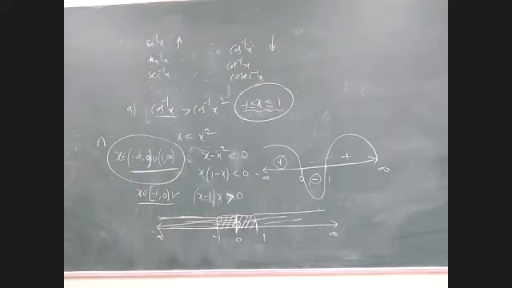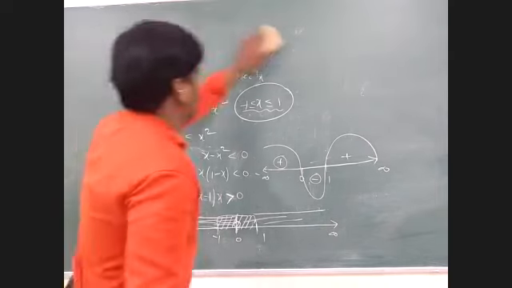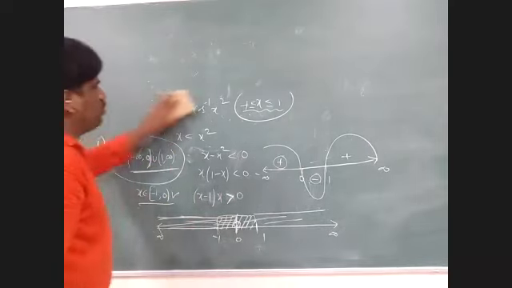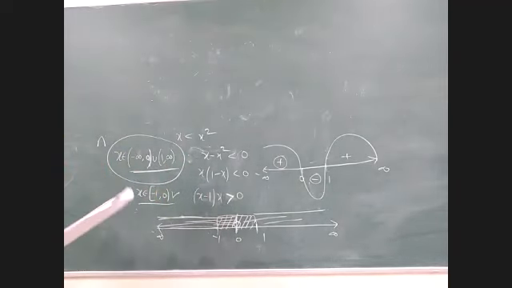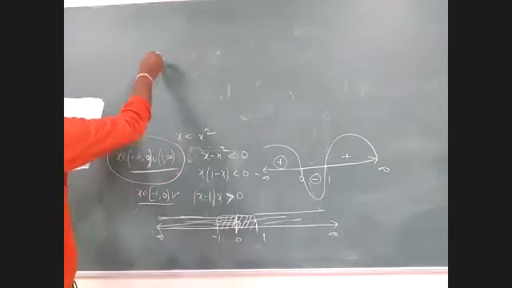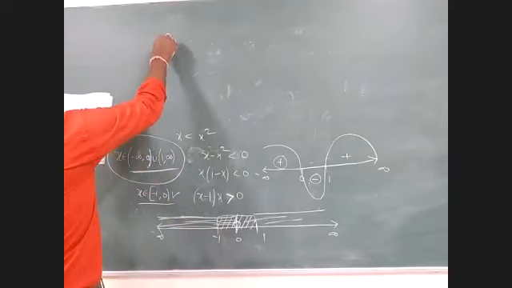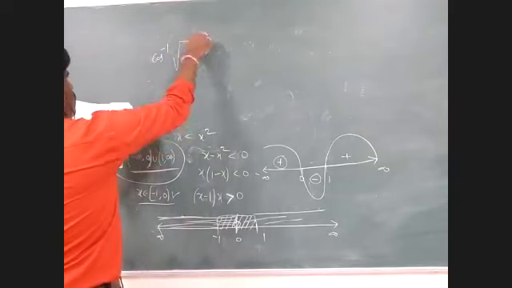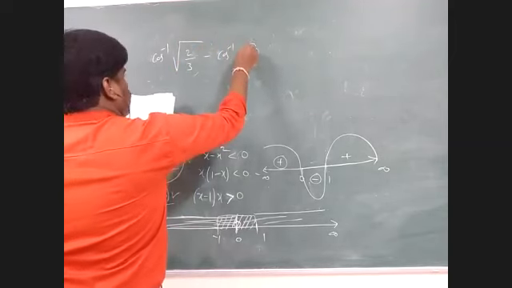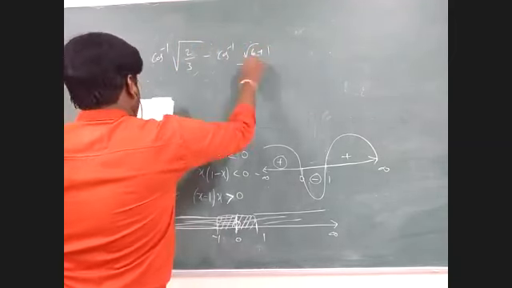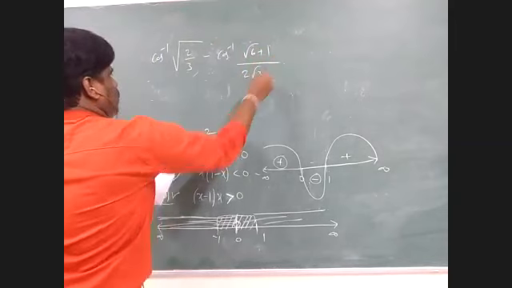So I gave you the cos inverse x plus cos inverse y formula. Na? So I'll give one homework question. This is asked in JEE. You can do this question as homework and tell me the answer tomorrow, or anytime, whenever you have. Cos inverse of root of 2 by 3 minus cos inverse of (root 6 plus 1) by 2 root 3. What is the value of this?